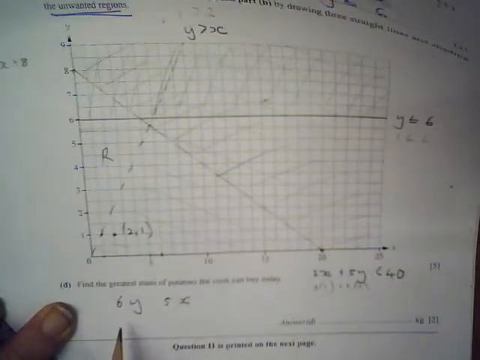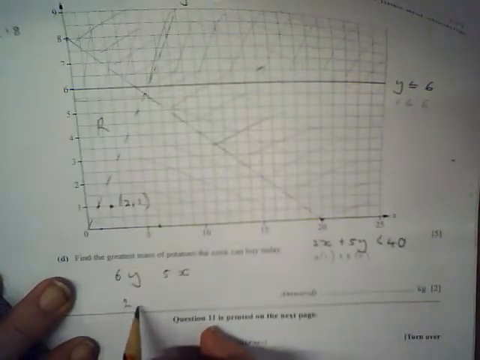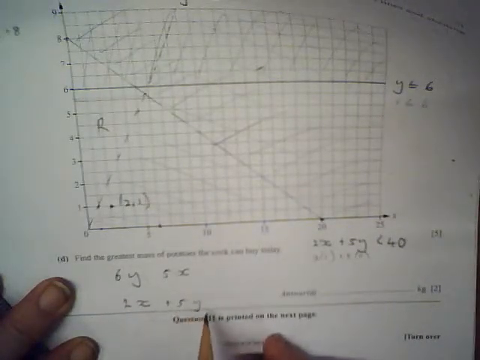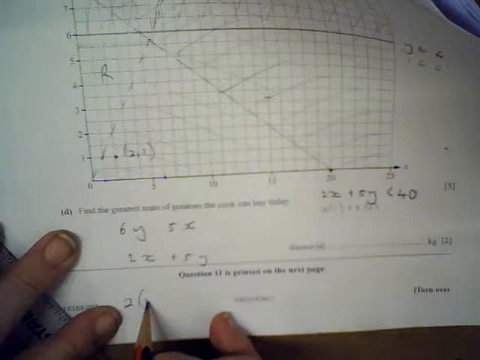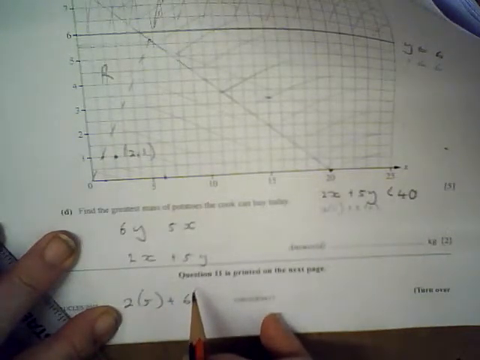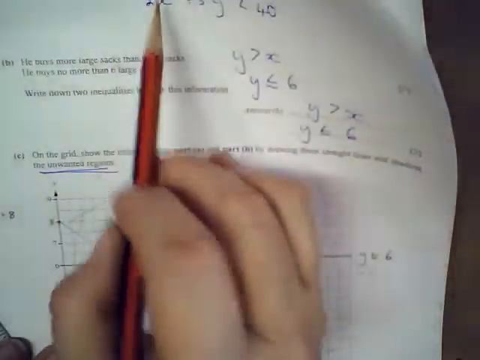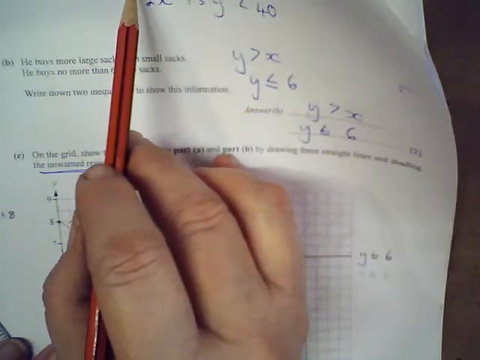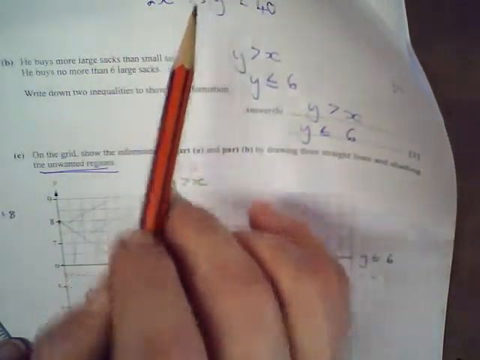Okay, so there's my equation. So he can buy 2x plus 5y. So 6 in the y, so 2 and 5 plus 6, sorry, I think we have to start there with this equation, 4x plus 10y, because each bag is so much weight. Okay, so let's rephrase this,